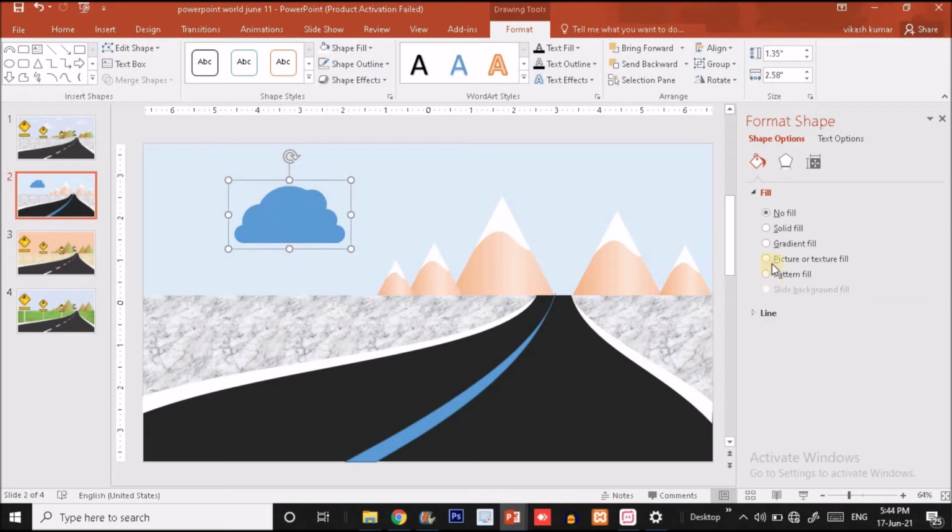So first I will provide a transparency, like I'm going to make all the shapes somewhat transparent like this. And choose a white color for this.